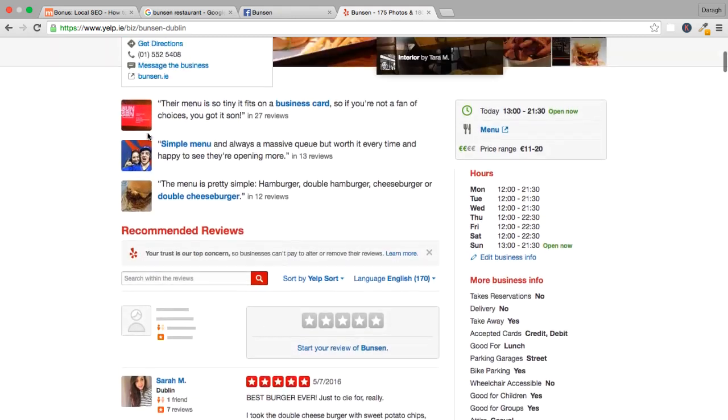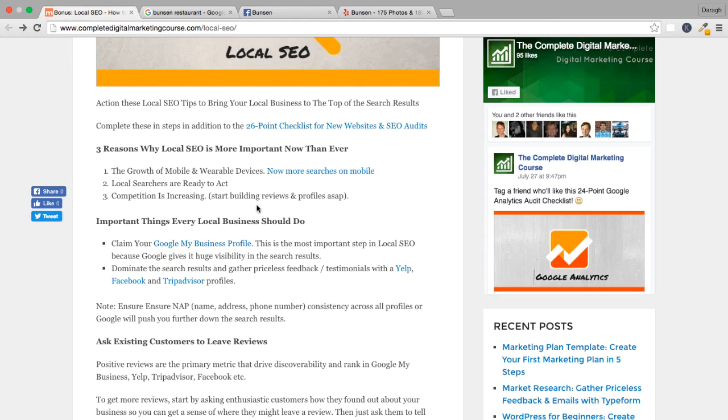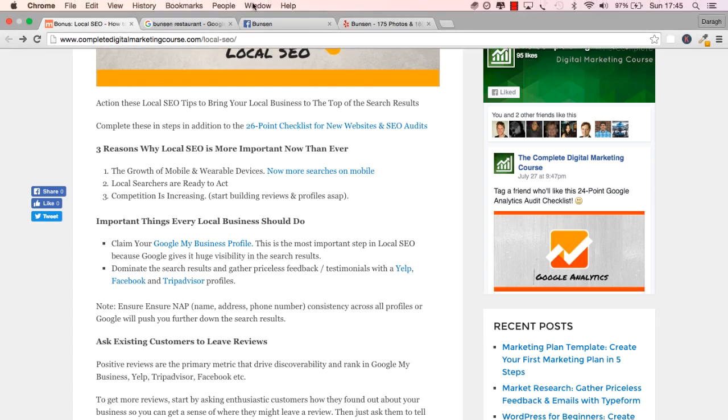And that is a great advantage of Yelp. So those are some of the advantages of Yelp. You can dominate the search results, you can gather that feedback, and also get into the sphere of influence of those serious Yelpers. Now the next profile that you can set up is really your Facebook page, and this is